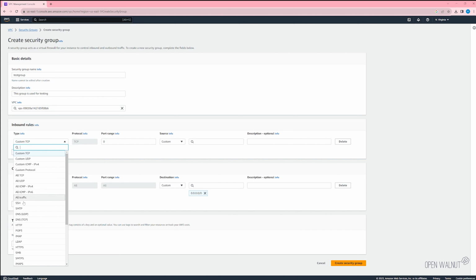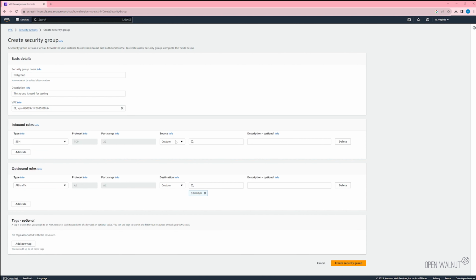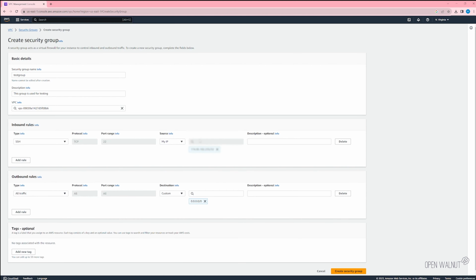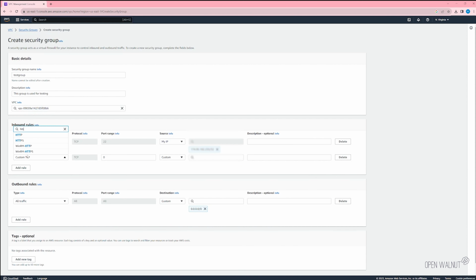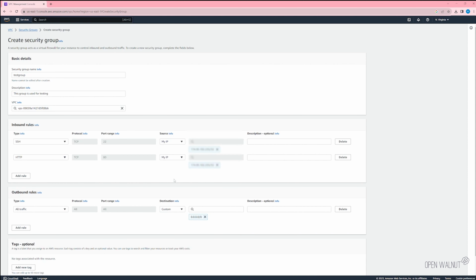We will allow SSH and then we are going to select my IP. We'll be adding an additional rule for HTTP and we're going to allow this also from your IP since we are setting up for testing.